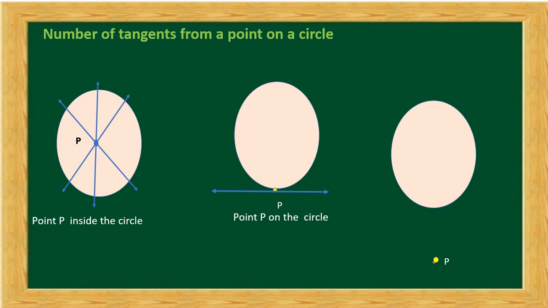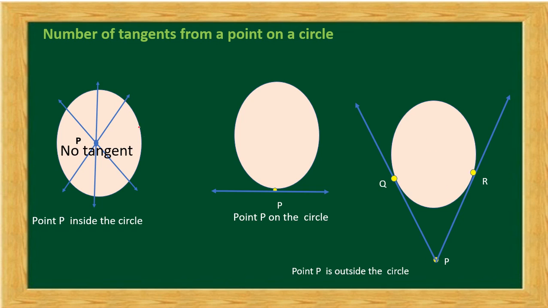Now can we draw the tangents from this point P to this circle? Let us draw this line. Here is the point of contact. We can say it is Q. Again, can we draw another line? Yes. This is the line where it touches the circle at one point. So say it is R. Now we have PQ and PR, which are the tangents to this circle from the point which is outside of the circle.